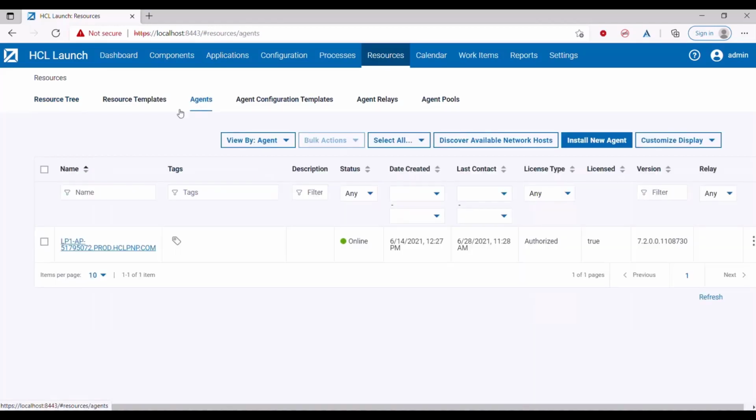And then this resource will be named as an agent, and it will have its own name, and it shows its status, whether it's online, offline, and authorized, meaning it has a license or not, and what version of the agent it has been running, so that you can always ensure that you have the latest agent, right?